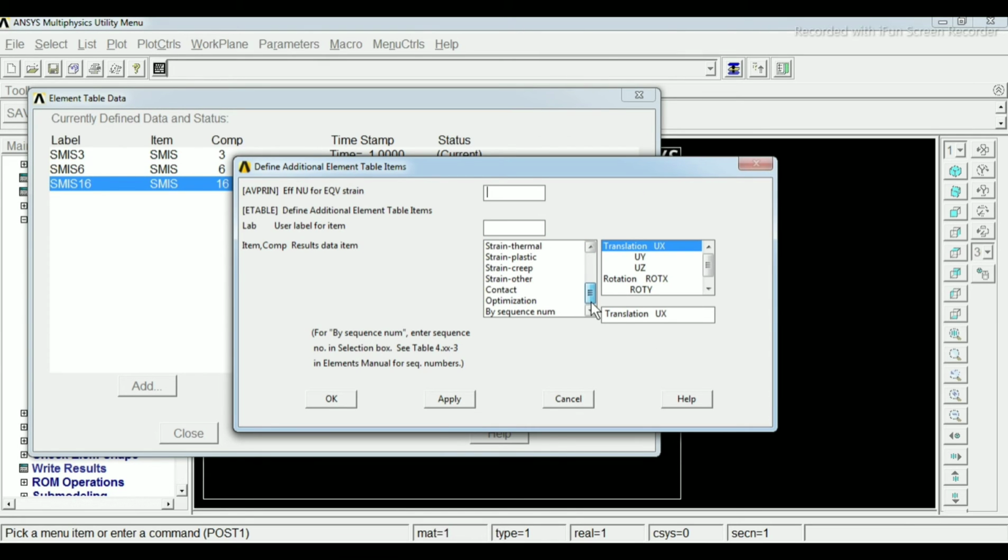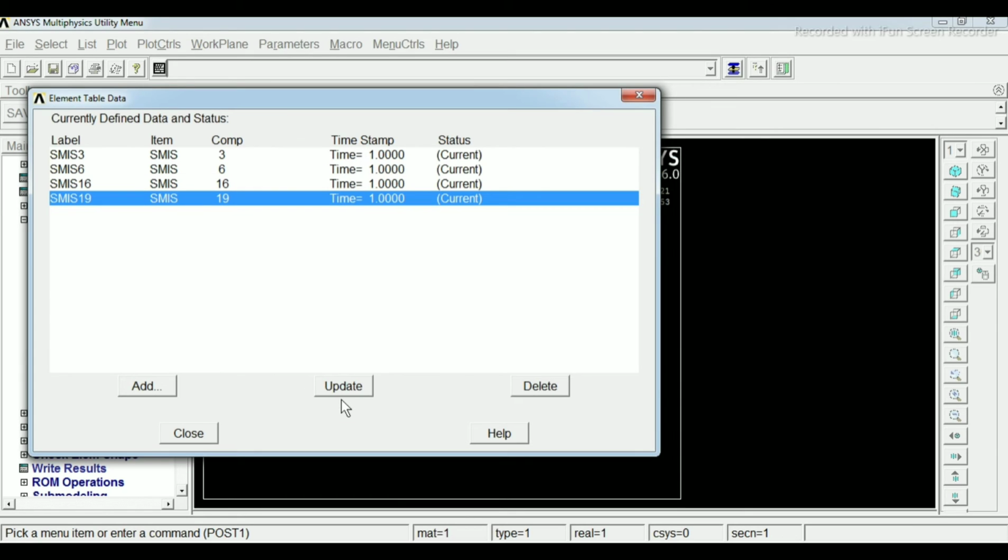Then again by sequence number, SMISC 19, then click OK. So these node values are added for plotting the bending moment and shear force diagram. All these sequence numbers you will find from the help options. Then click on close.